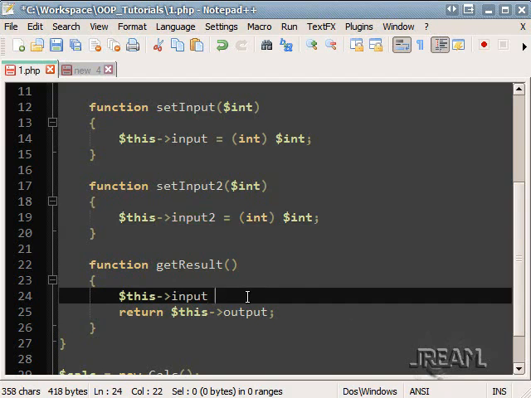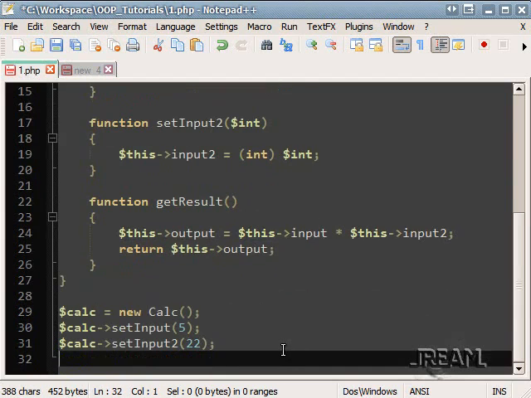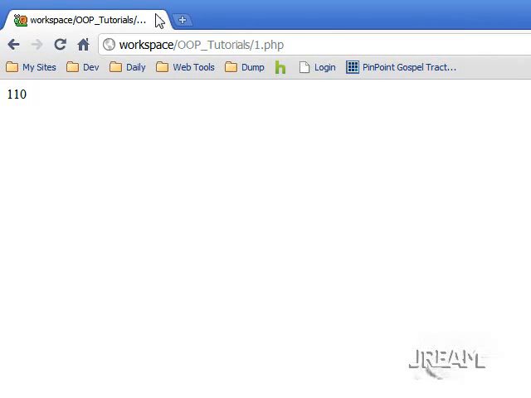Okay, this input times this input 2, and we want this output to equal this input times this input 2, and that should do good. So we'll do calc get results, and we want to echo that out since it returns it, and we get